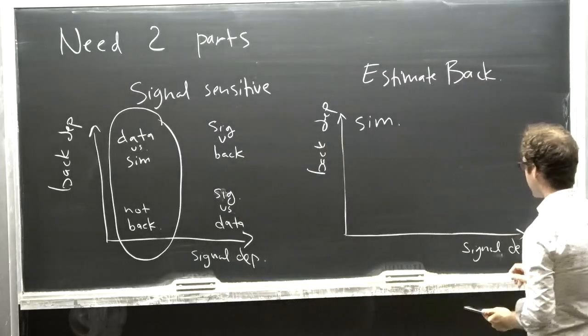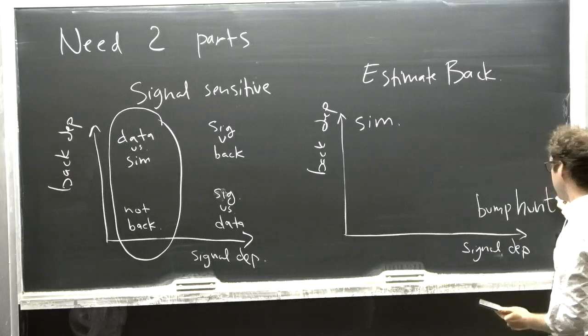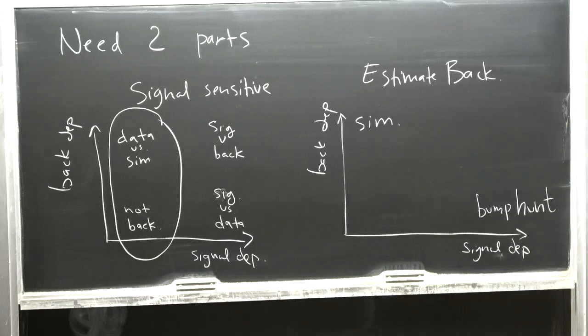Down here, an example would be the bump hunt. If I assume that the signal is resonant, then I can do a parametric fit to the background. I imagine it's a steeply falling distribution, and I don't have to assume anything about the background other than that it's featureless, which it basically always is in the standard model. But I have a very strong assumption that the signal is localized somewhere. So that's the opposite end of the spectrum. No simulation here, but I have to assume that the signal has a particular structure.